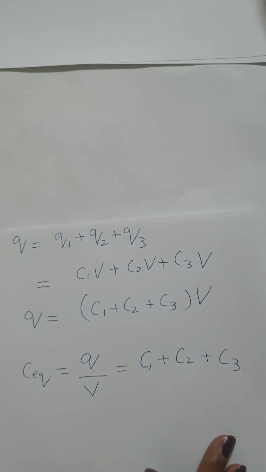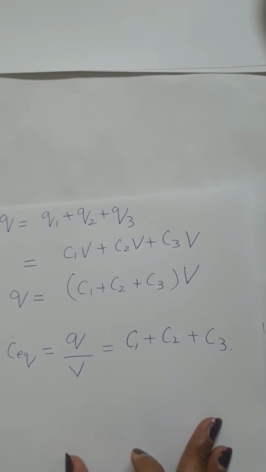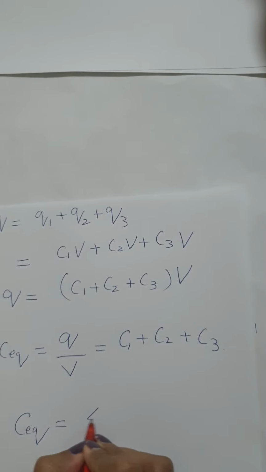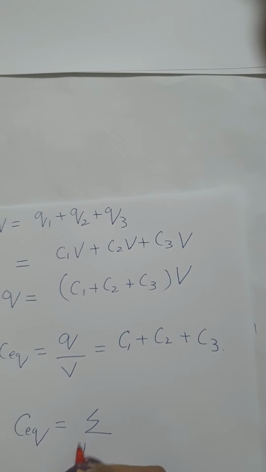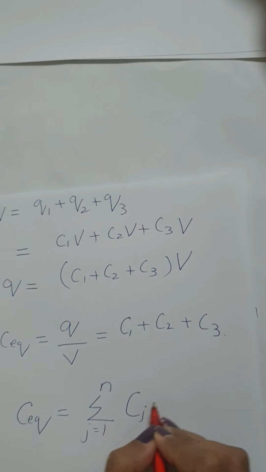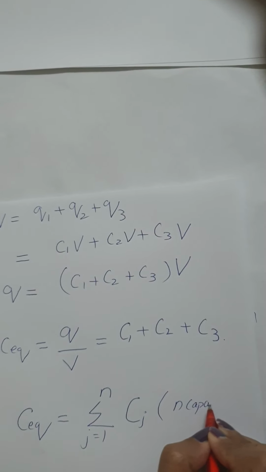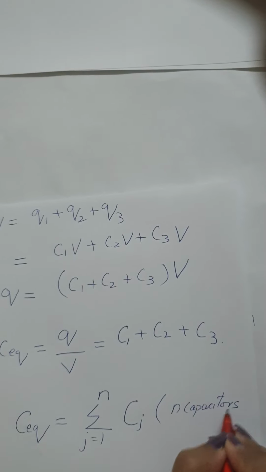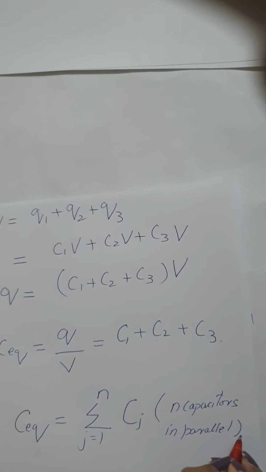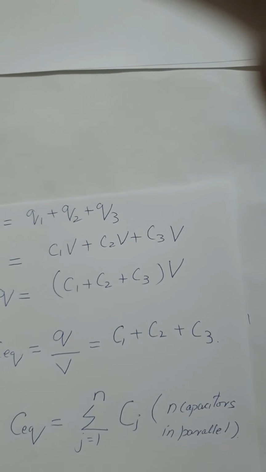So the same result, we can use the same procedure which we did for capacitors in series. We can extend it for n number of capacitors. So C equivalent, we will use summation, j equal to 1 to n, of Cj, for capacitors in parallel. So now let's do one sample problem